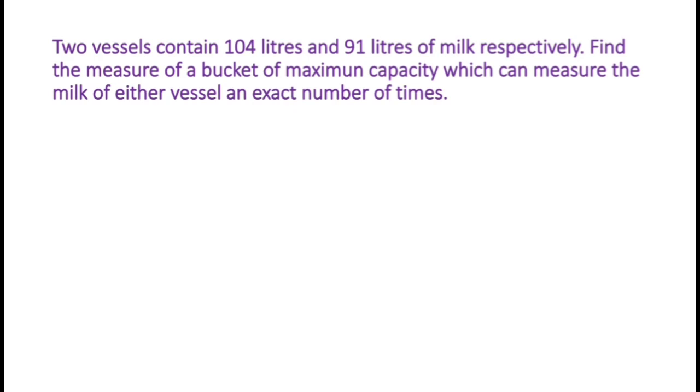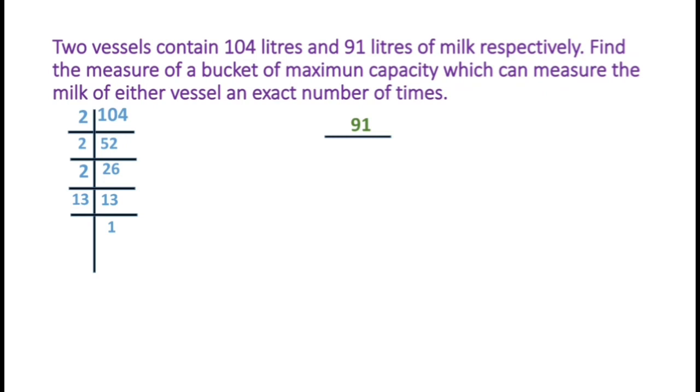So let us find the HCF of 104 and 91. Here we will be using the prime factorization method. So we will take 2, 2 5s are 10, 2 2s are 4. Again we can take 2, 2 2s are 4, 1 will be the remainder, 2 6s are 12. Again 2, 2 1s are 2, 2 3s are 6. Again we can't take 2 anymore. 13 is a prime number which can be divided by only 1 and itself. So we can take 13, 1s are 13.